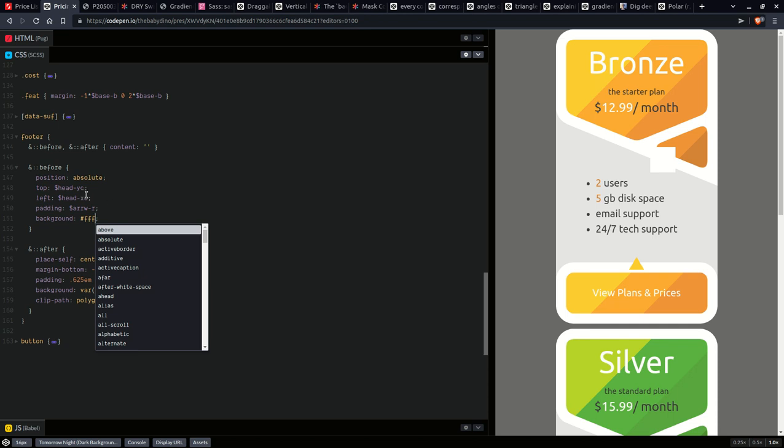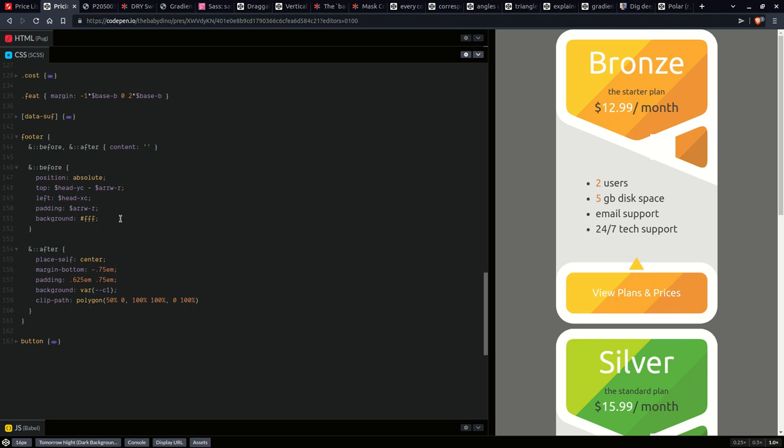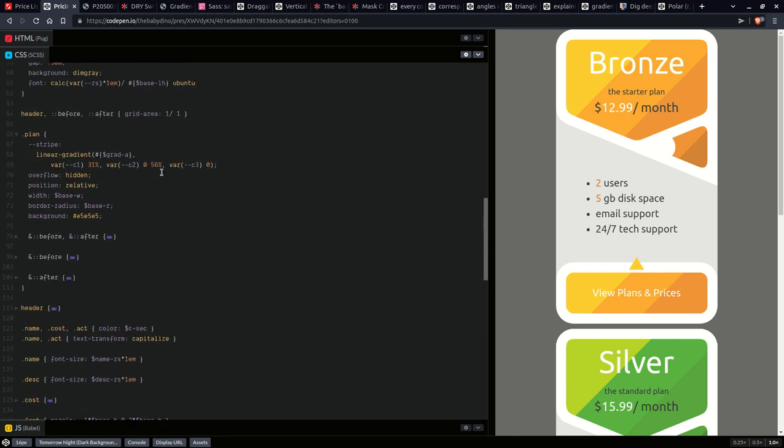Let's see it. Okay, now we are going to, so top is going to subtract, right? Let's also set border radius 50%. Okay, and its left position